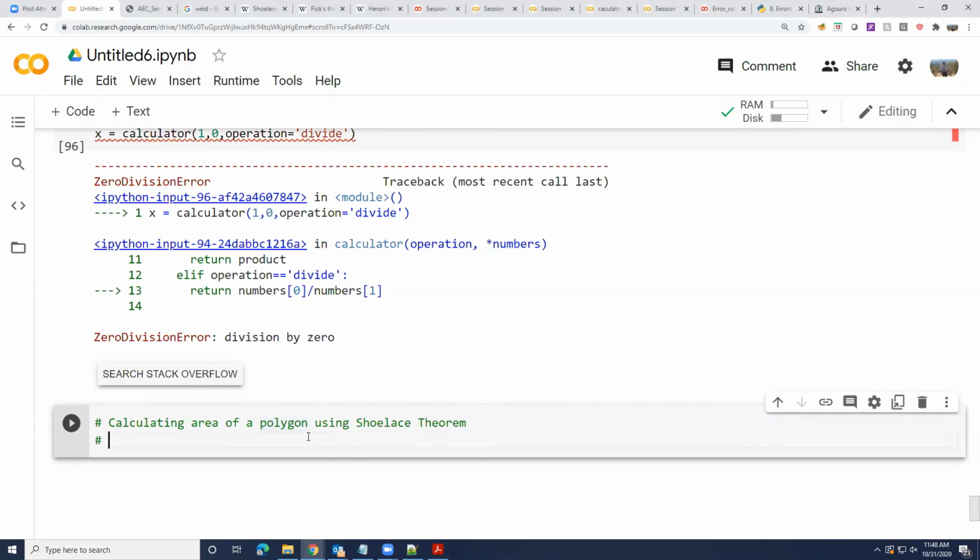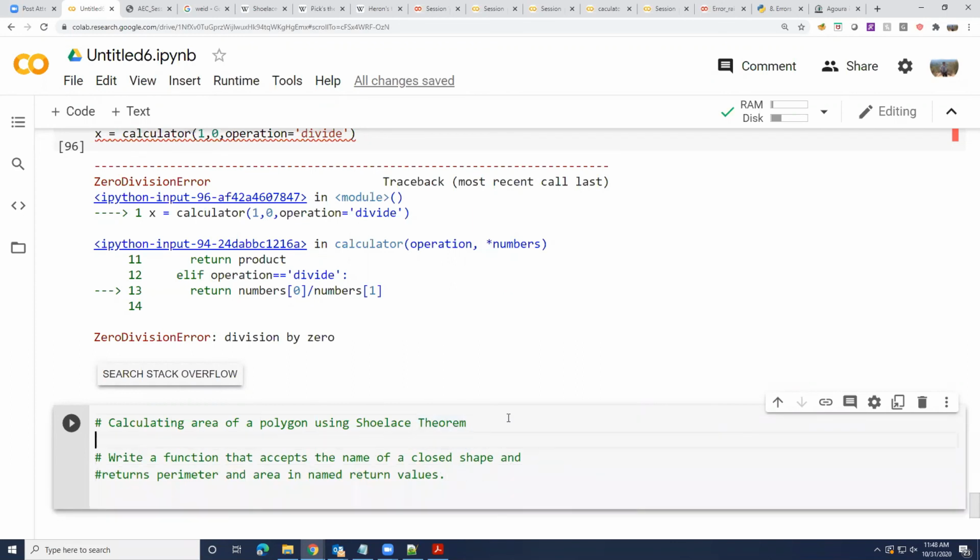Second question is, write a function that accepts the name of a polygon, and I'll give you the list of polygons to accept. Name of a closed shape, right? Name of a closed shape, and returns perimeter and area in named return values. You should understand what named return values are. There are two ways to do this. You can do it either way.